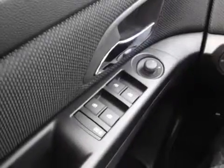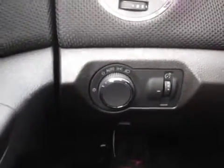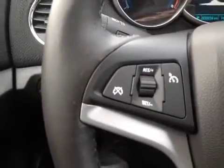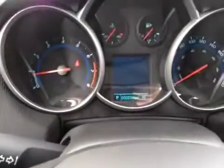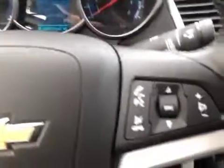The inside has power locks, power side mirrors, power windows, automatic front headlights, high beam lights, interior light option, steering wheel cruise control, a leather wrap steering wheel, digital and analog odometers and gauges, including a trip computer, Bluetooth